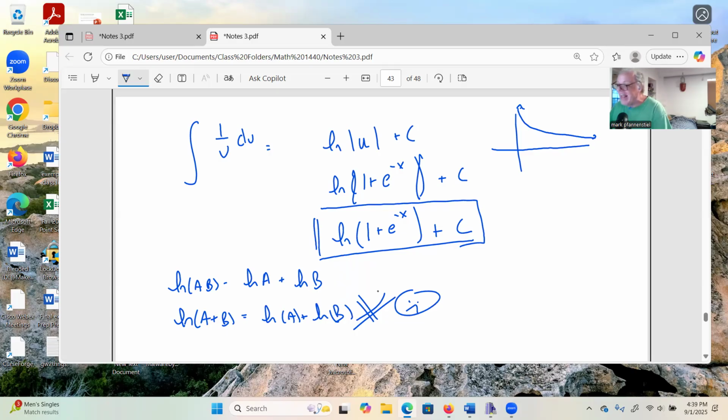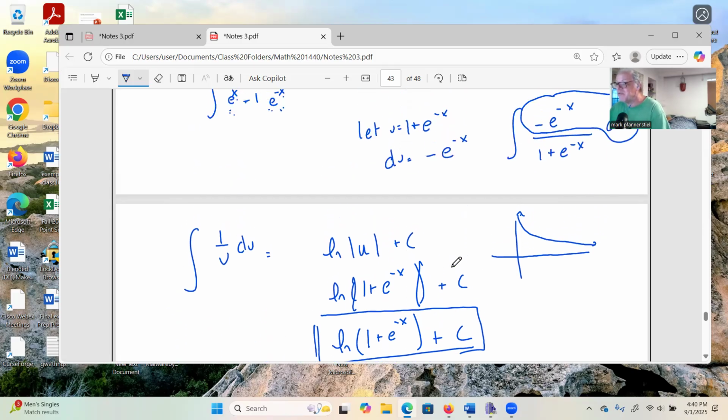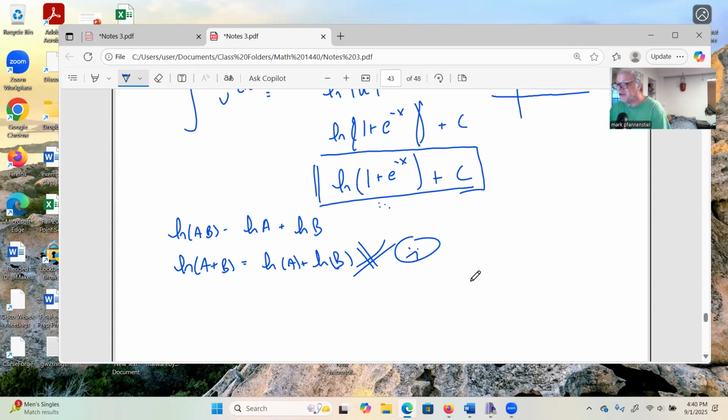Okay, so we can't simplify this. We're stuck with it. This is all we can do with this because it's 1 plus e to the negative x. And that's great. We're stuck with the natural log of 1 plus e to the negative x. I'm sure that'll be fine. And it will be. There's nothing more we can do with it. This is my answer, and we're done. Okay, so that is a trickier u substitution, but you had to multiply by 1 before you could get in and do the problem. Okay, we're going to do a couple more,